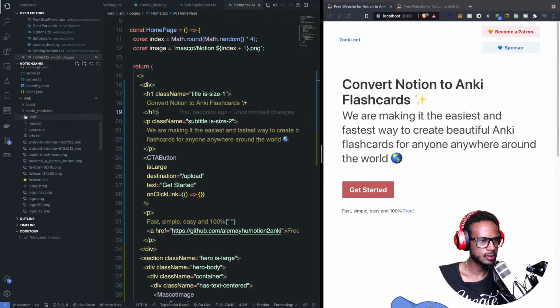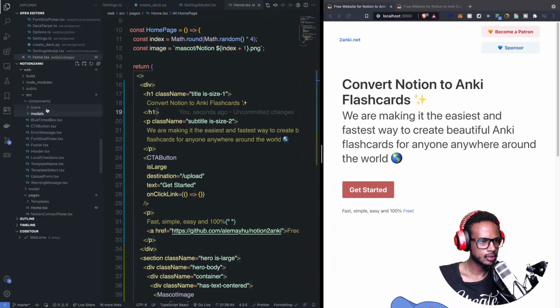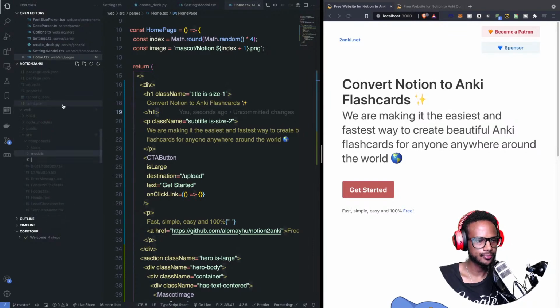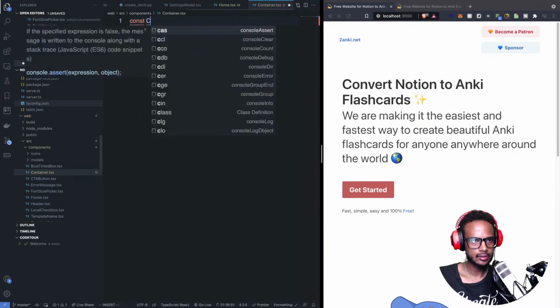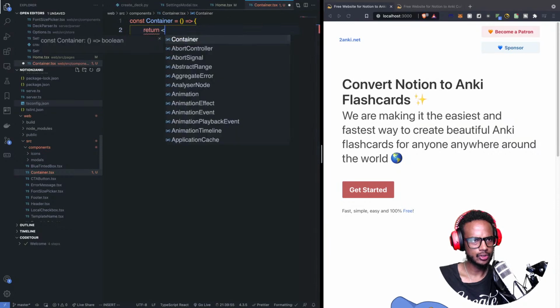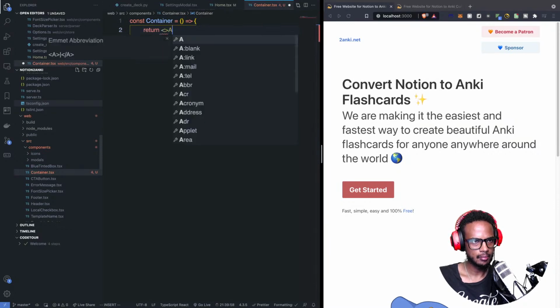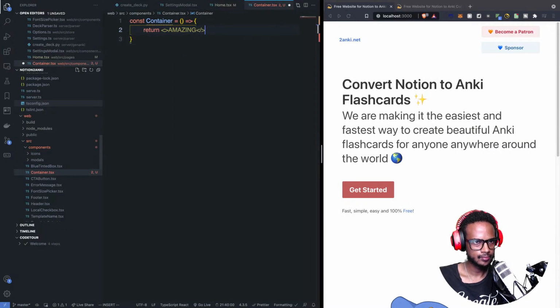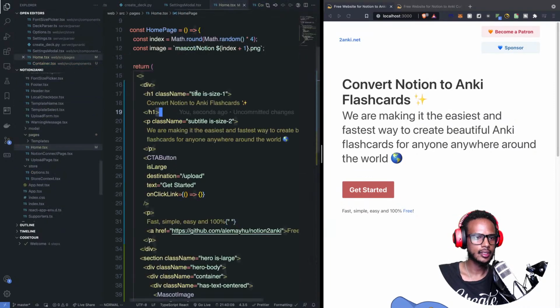Where is it? I think we're gonna call this component container.tsx, and for now we're just gonna return "amazing". And we need to export default container. There, let's go ahead and start using this